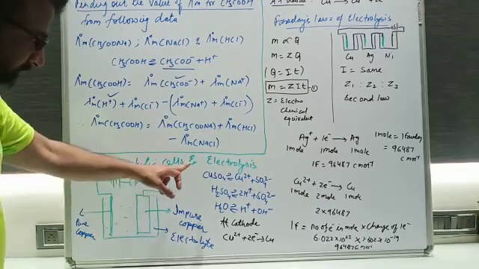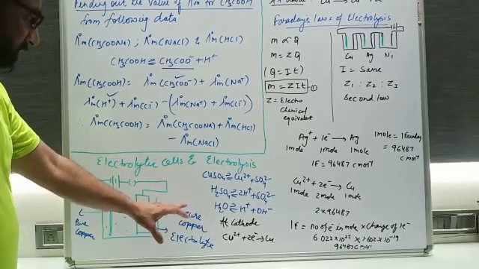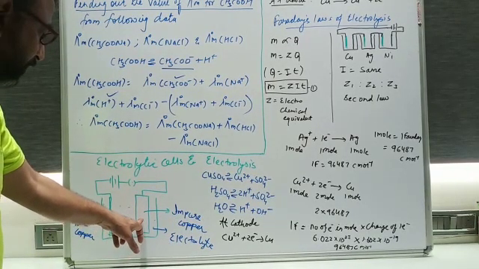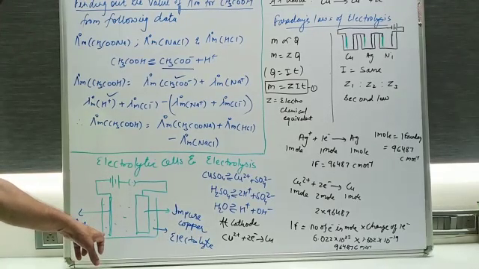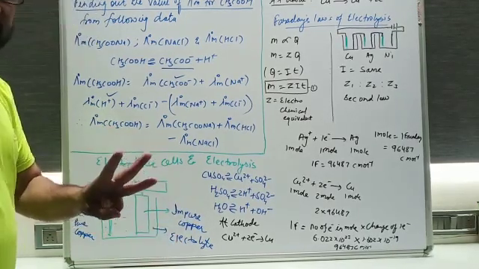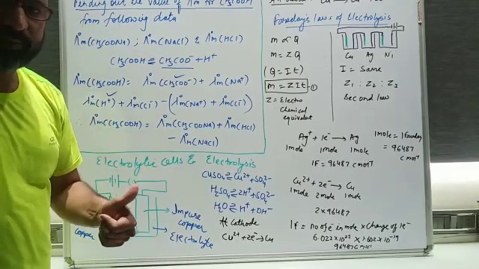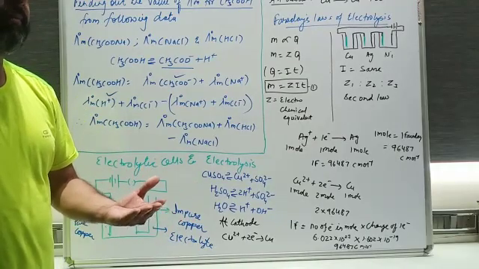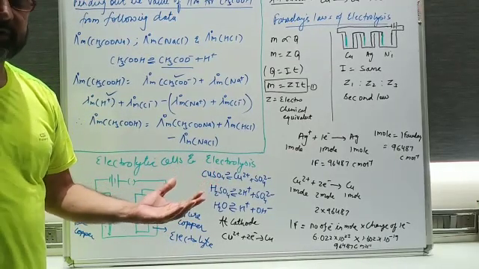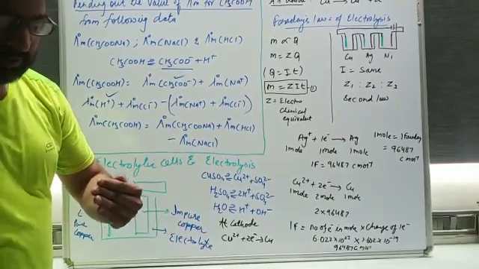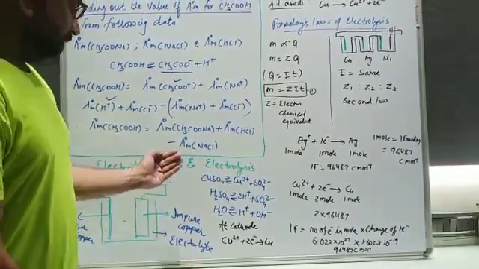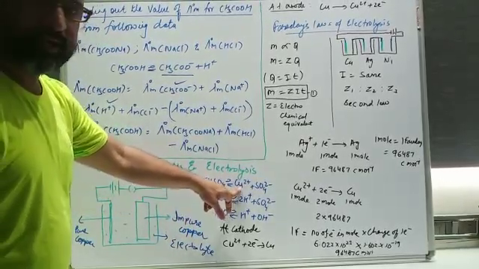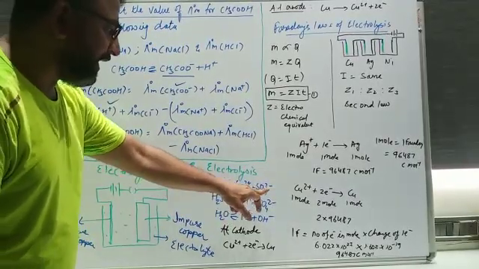Now when the current is not passed, the impure copper is taken as an anode strip, and the pure copper will be taken as a cathode strip, and the electrolyte will be a combination of three materials. The one will be the copper sulfate, the second will be the distilled water, and the third is a few ml of concentrated H2SO4. It will be acting as a good electricity conductor, right? So these three combinations will be taken. The first one is the copper sulfate. The copper sulfate will be dissociated when it is dissolved in the water. So it is what? Copper ion and the sulfate ion.